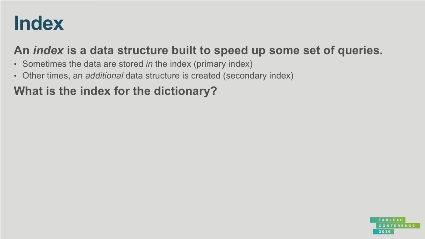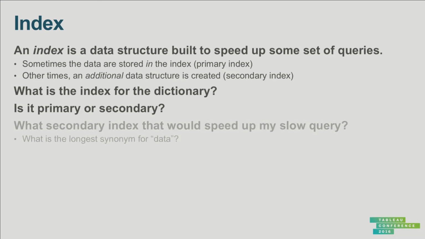It's alphabetical. It's an alphabetical sorting by the word name. So we've indexed the word itself. Is it a primary index or a secondary index? It's a primary index. That is, this whole book is really one big index, and all the data is in that index. So can we think of a secondary index that would speed up that slow query? Of course, I think we already mentioned it's a thesaurus. So I could have also brought along a thesaurus, and then Jennifer would be much happier with me.